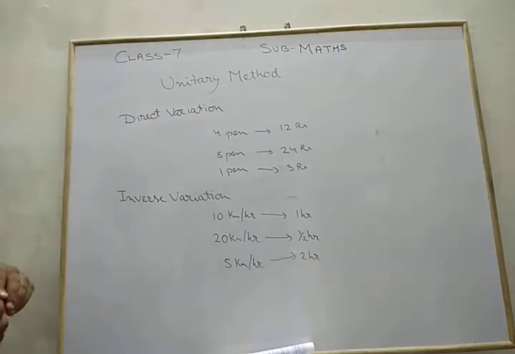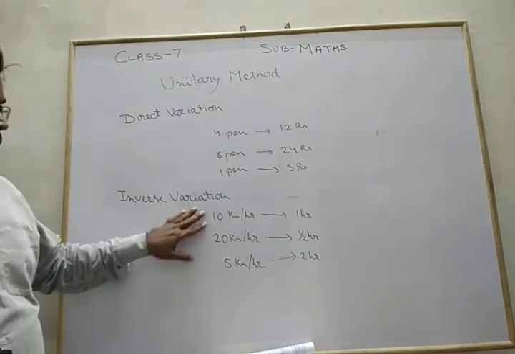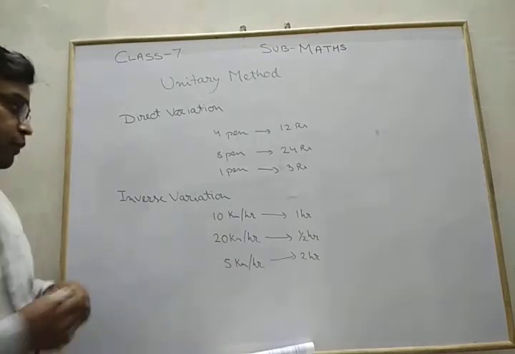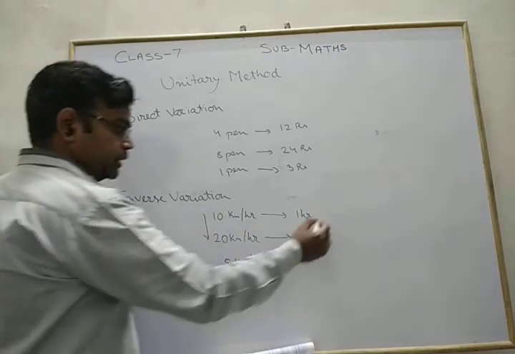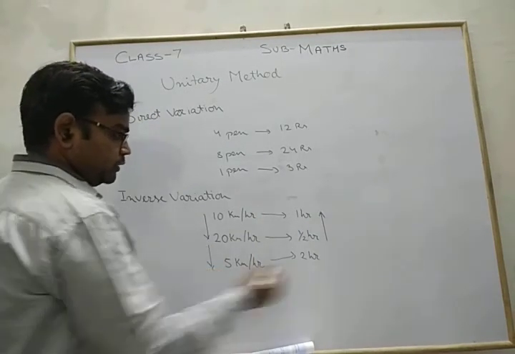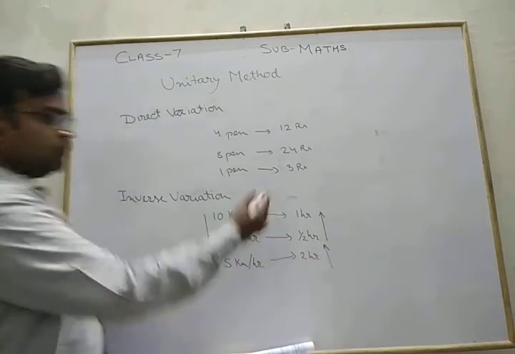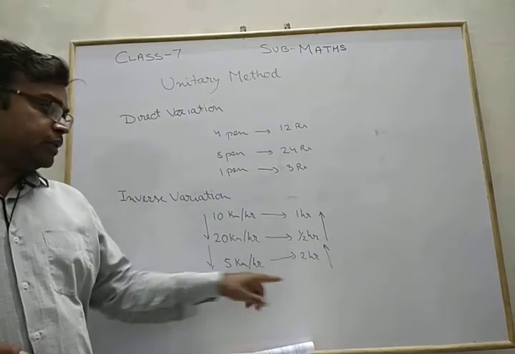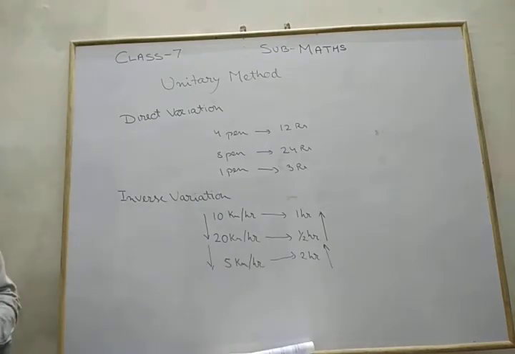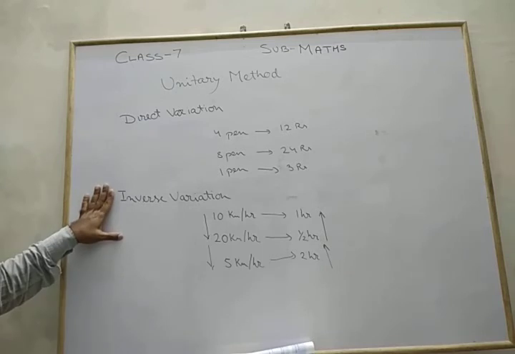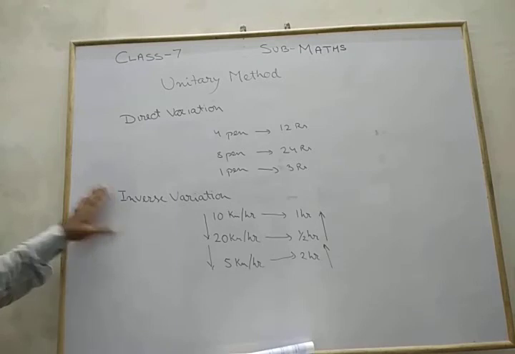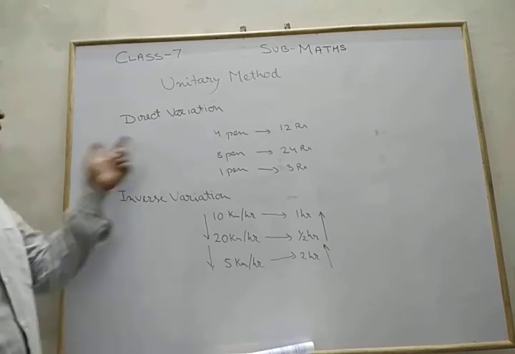So what we observe is that in this case, if one part is increased, the other part is decreased. If one part is going to increase, the other part is going to decrease. I'm using a symbol for this, which means it goes opposite to this side. So this is your inverse variation. We use these two methods to solve questions. When we solve a question, you can easily understand where we are going to use direct variation or indirect variation.